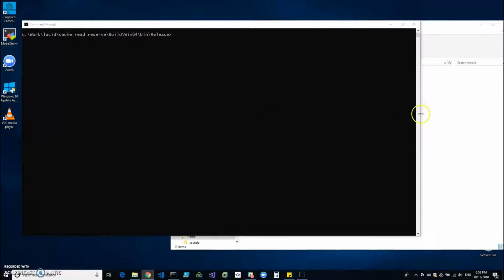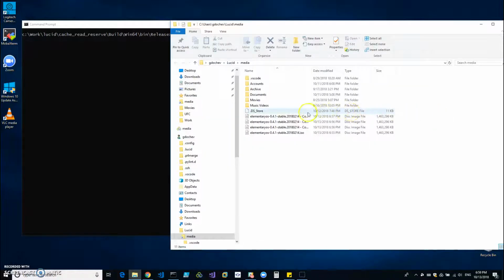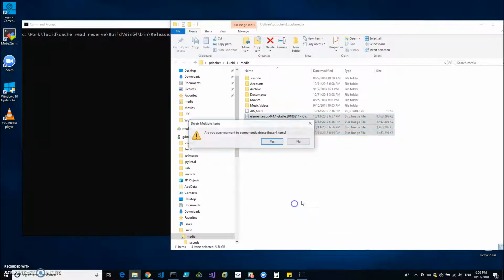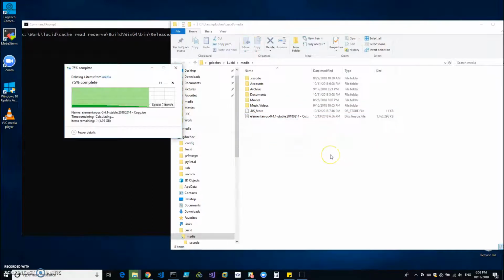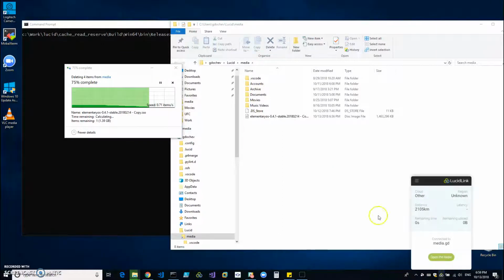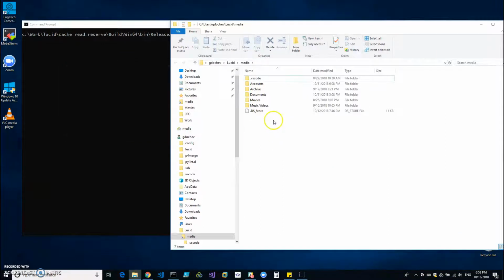I'm going to show you a demo of a new feature called Cache Read Reserve, which sets aside a certain portion of our block cache for reads only to improve the user experience when the cache is completely filled up with dirty pages. So to begin, this is a Lucid mount point. I am going to fill the cache,